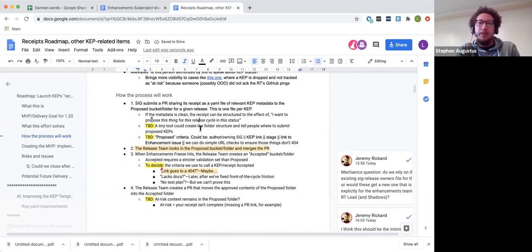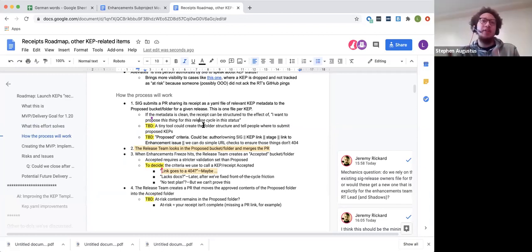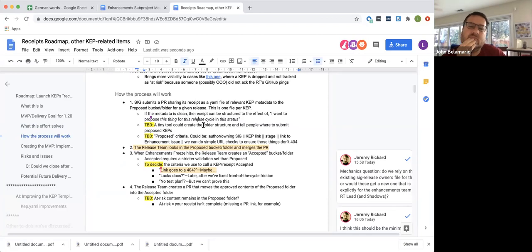Right, so that becomes, and you'll see a little lower in the doc, basically a tree structure. All of these buckets we can play with what the names are and what we decide to do with them. Maybe exceptions is actually at risk, and we can move things back and forth through that bucket. But the idea is that you would be able to run some tool, and I was talking to Lauren, and I was like, maybe this is KEPCTL, maybe this is one of the functionalities of KEPCTL.